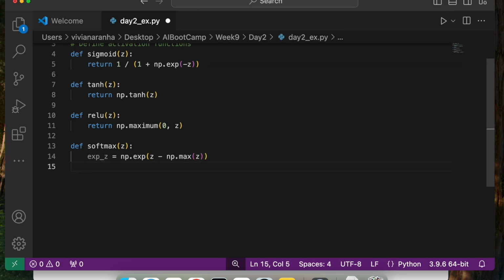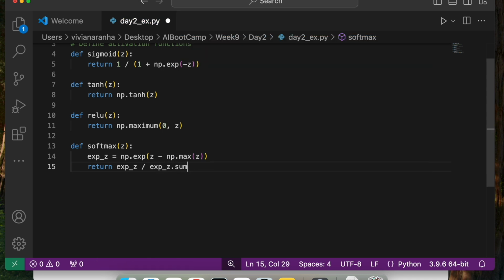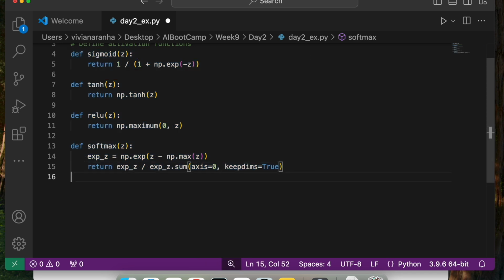So that will give me exponential of z, and then I will return exp_z divided by exp_z.sum with axis equal to 0, and keepdims equal to True. So this is the function. Now this is the formula for softmax. These will never change, so you can use them, and in future we'll probably use some shorter methods of doing this. Now let's go ahead and implement the forward pass function.